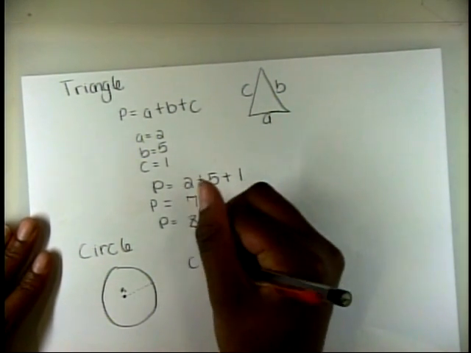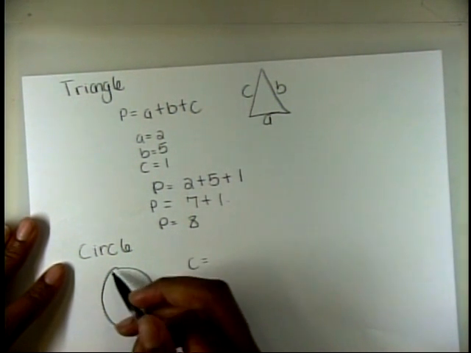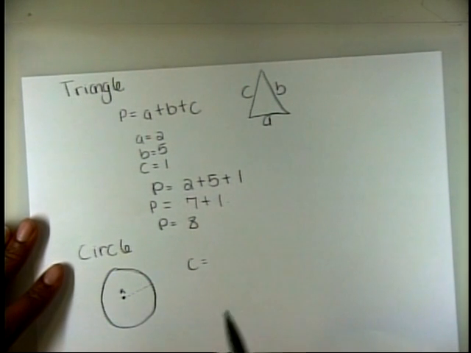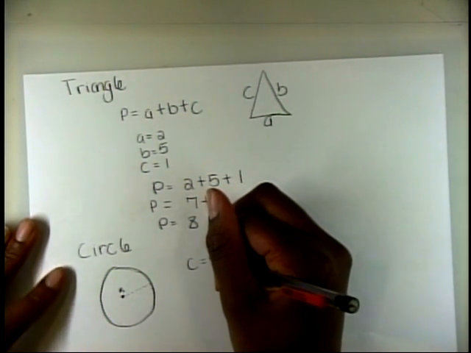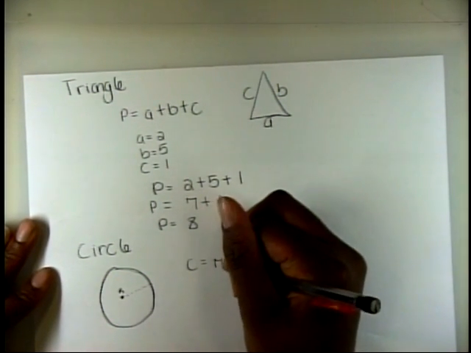So C will represent the circumference of the circle. All this is known as the circumference. So I would say my equation to find the circumference of the circle is